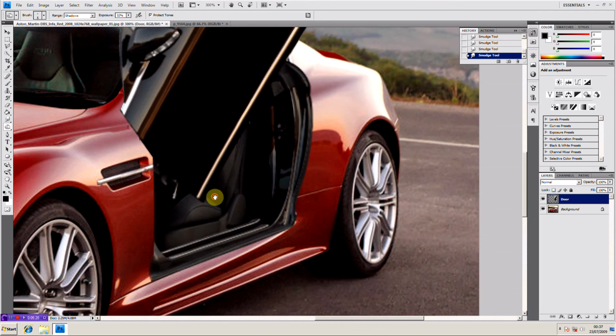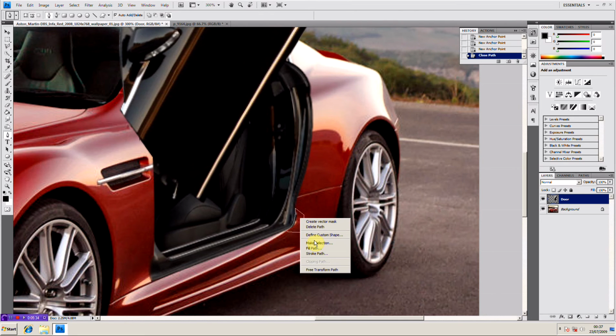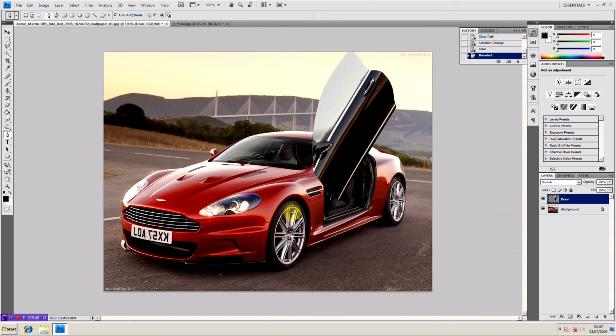And then here we just need to cut this little bit out. It's nothing major, so what I'm going to do is use the pen tool and go from there to there, just curve it round, and then join everything up. Right click, make selection, go OK, and then just press delete. It's just a slight deletion, guys, but it makes all the difference. It makes it a bit more curved. So if we have a look at it now, as you can see, that's not a bad Lambo door fitment